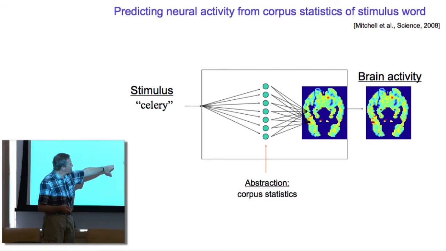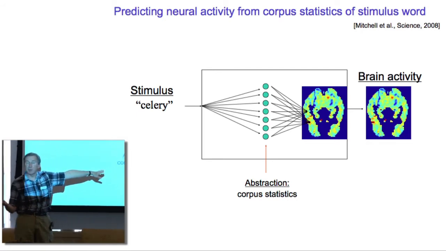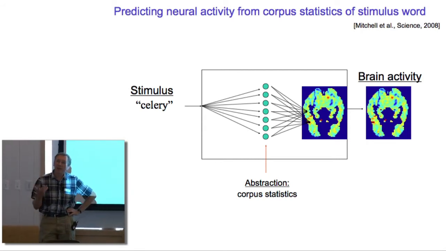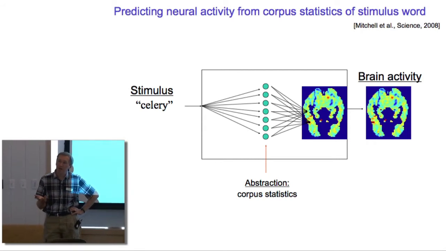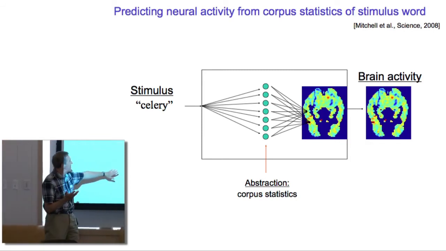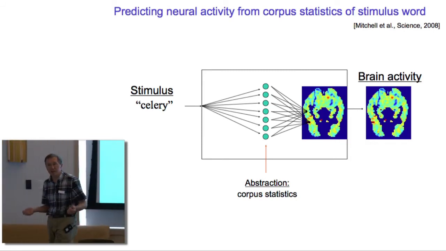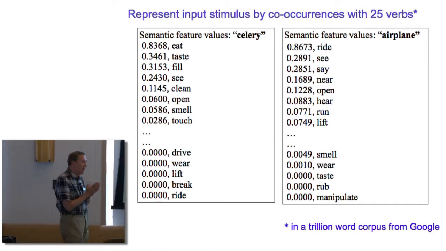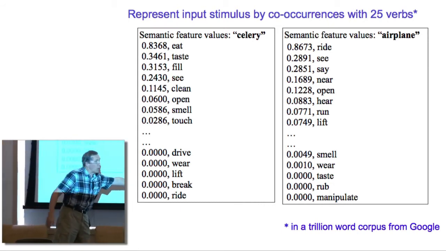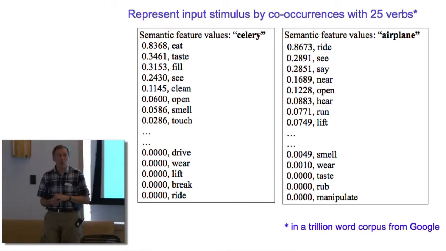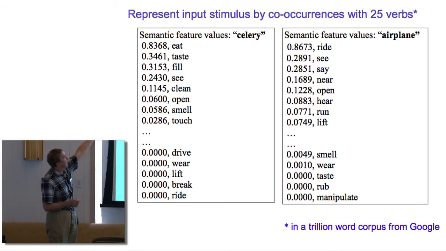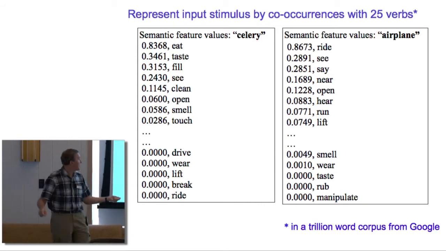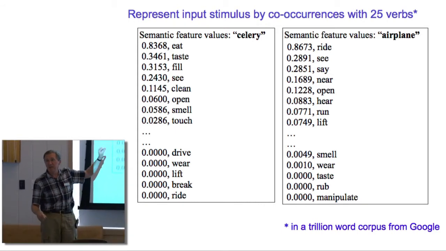And the first approach that we took was to steal an idea from computational linguistics, which is that you can represent in a computer an approximation to the meaning of a word by capturing statistics of how that word is used in a very large collection of text. So our first model, in fact, used statistics from a trillion-word corpus of text, which Google collected from the web. And given an arbitrary word like celery, it would represent celery as a collection of 25 features,